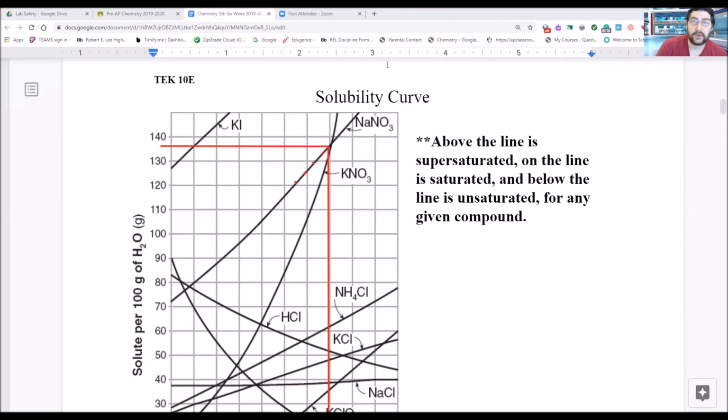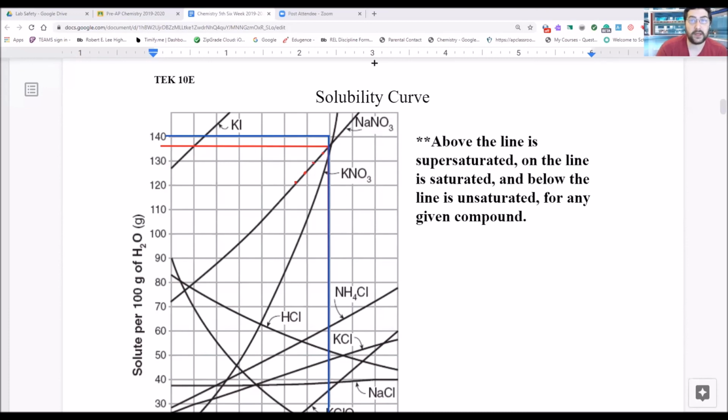But if you try and dissolve, let's say, 140 grams of sodium nitrate, and notice I'm still talking about sodium nitrate. So if we try and dissolve 140 grams of sodium nitrate and we're still at 70 degrees Celsius, now you'll notice that this point that we're talking about here is above the line for sodium nitrate. Okay, we are now above the line for sodium nitrate, and that means that we are forming a supersaturated